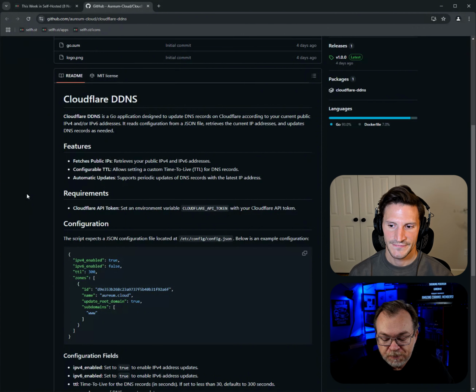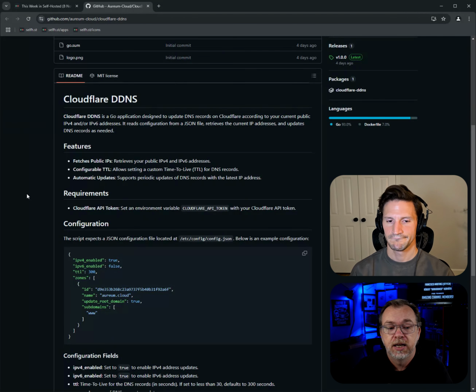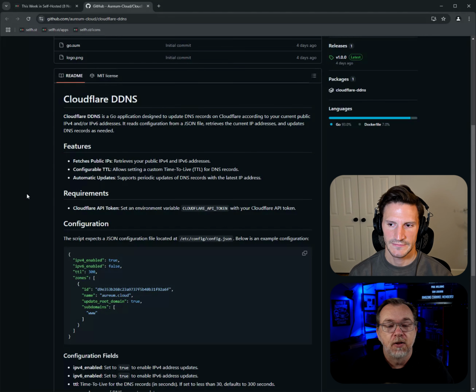Well, the problem is it's not uncommon for your home's IP address to change periodically. And depending on how you have your A records set up, depending on how you have your firewalls set up, things like that, all that's going to break when your IP address changes. And these Cloudflare DDNS applications, containers, whatever it happens to be, ping out to find out what your current IP address is for your home or your business or whatever, and then update all of the appropriate records in Cloudflare to make sure your services don't go down and your firewall is still accessible and all of that kind of stuff.